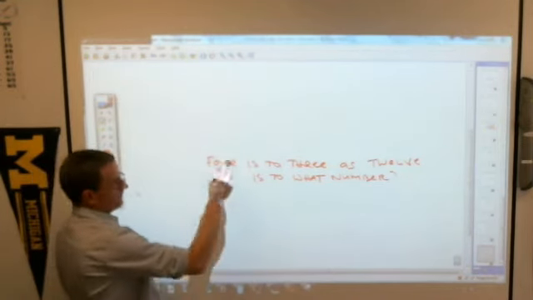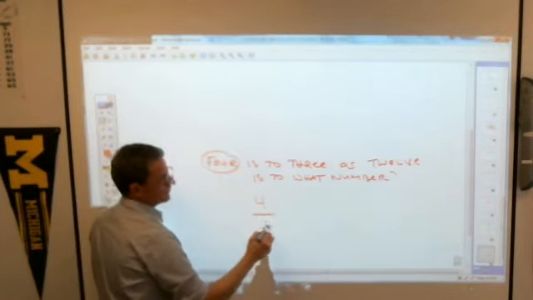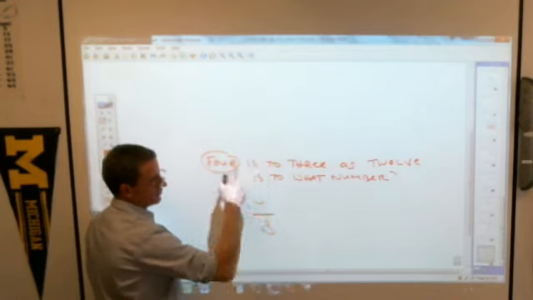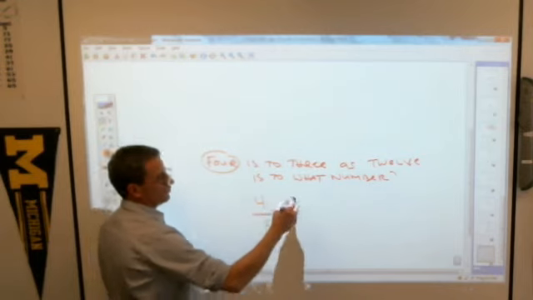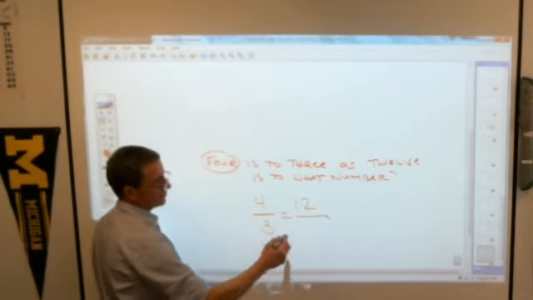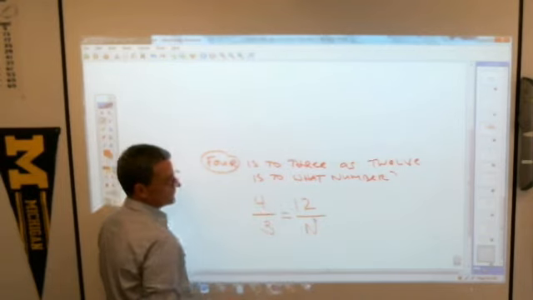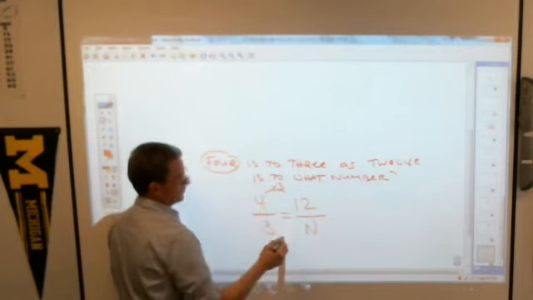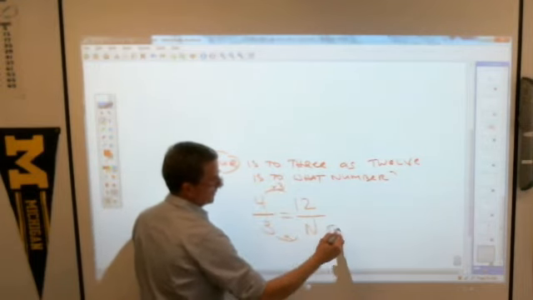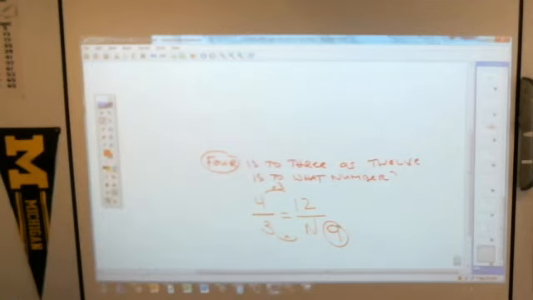It looks like this. 4 is to 3, that's your fraction. This is like a fraction line. As 12 would go on top is to what number? 4 is to 3 as 12 is to what number? And Trevor says, 9. Right, multiply the top by 3, so you multiply the bottom by 3. And you get 9. So if you just think about things when they're proportional as being equal fractions,